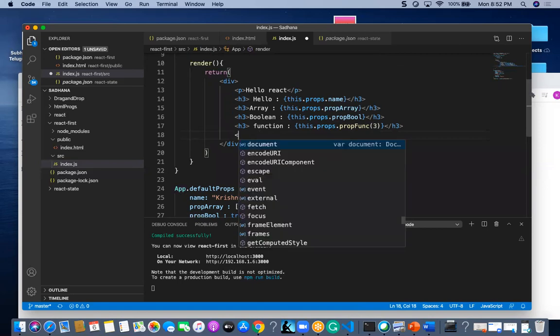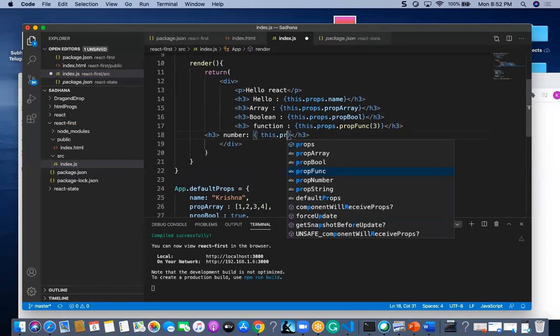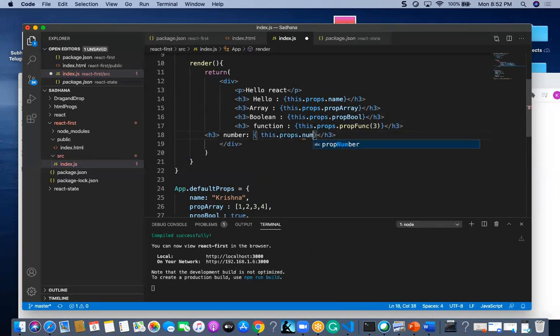And one more thing is some h3, and I am going to give here some number. For number, how is it? this.props.propNumber, and one more thing is h3 this.props.propString, it is actually a string.